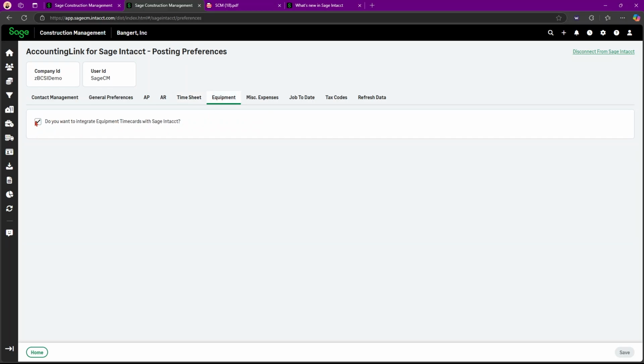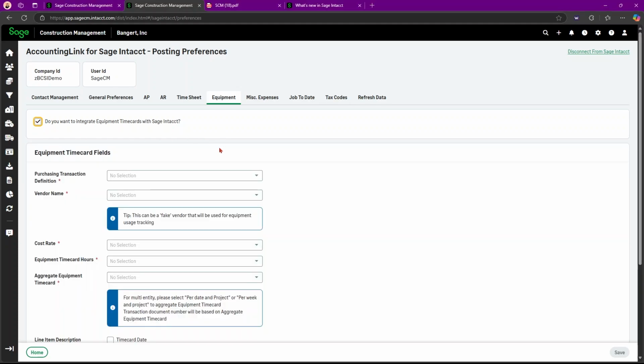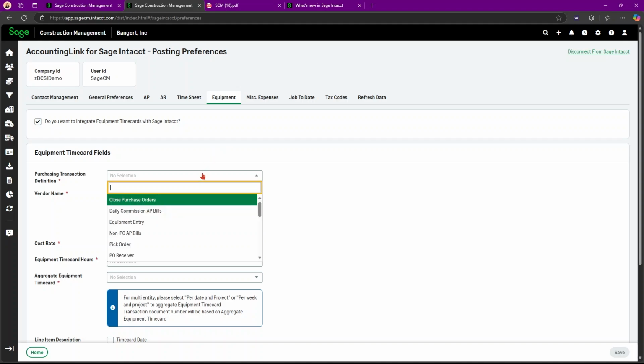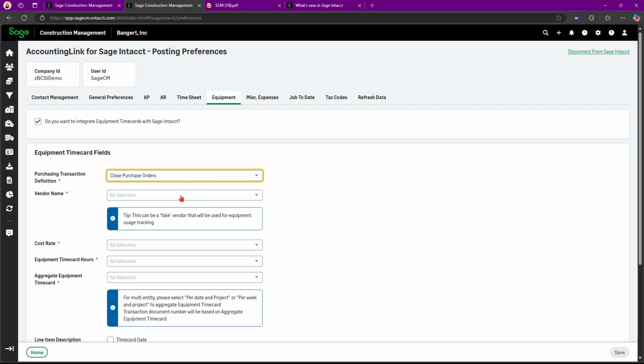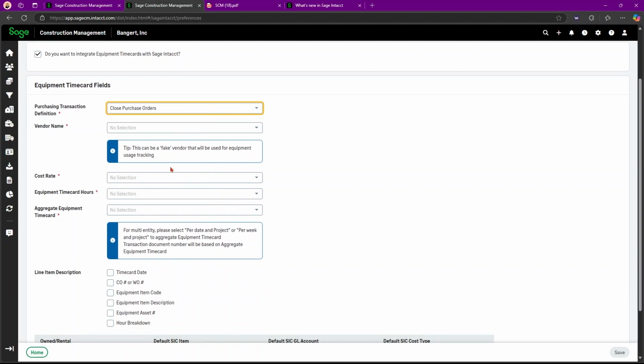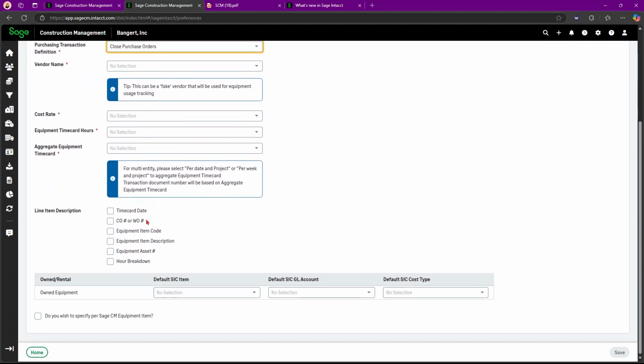Then for equipment, you're just going to check this little box and you can choose your purchase transaction definition, your vendor names, the cost rate, equipment time card hours, all of these.